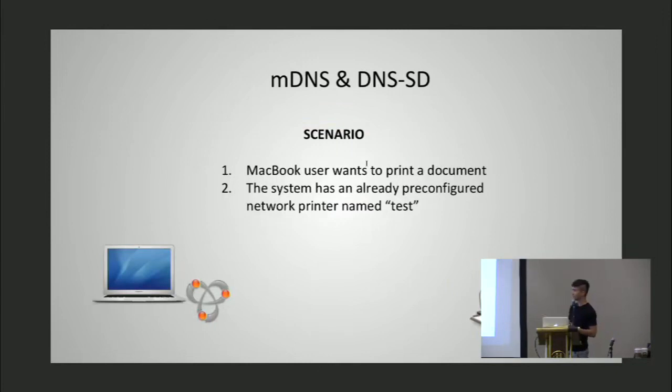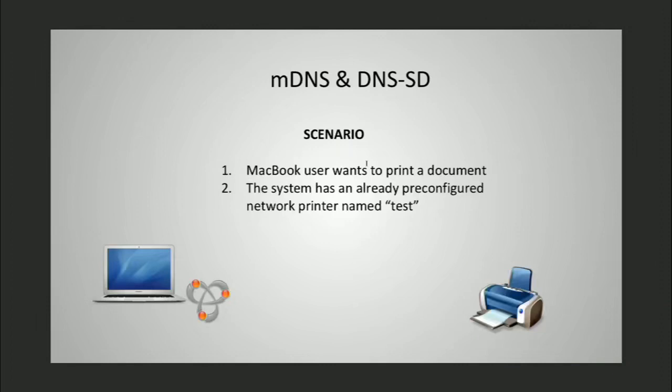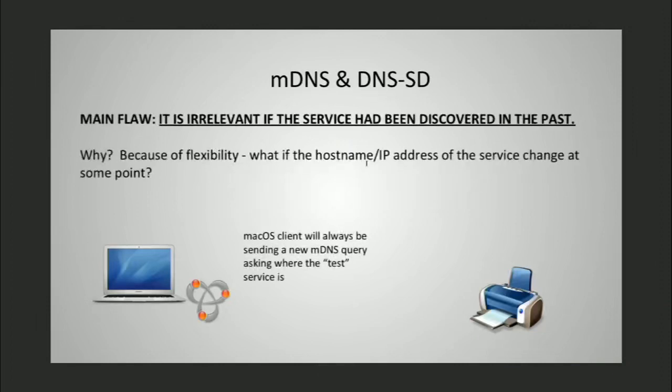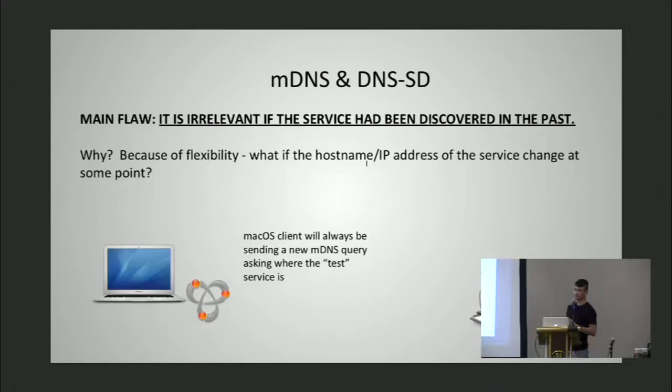Say you have a MacBook user that wants to print a document, and to make this more interesting, we assume that the system has an already pre-configured network printer named test. This is, by the way, on the Bonjour implementation of MDNS, which is how Apple has implemented it. And now the main flaw, the main logical flaw, because again, this isn't an implementation bug, this is a bug in the logic, in the design of the protocol, because there is a specific reason why they have done it this way,